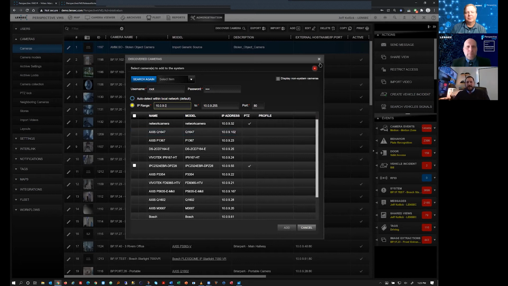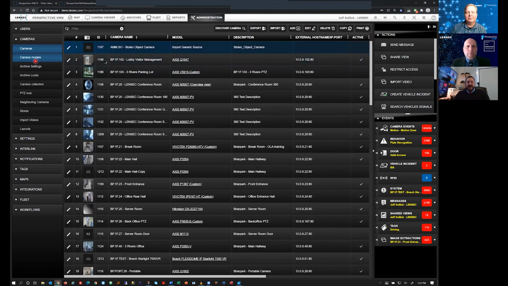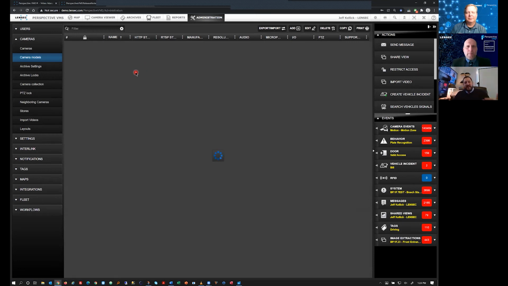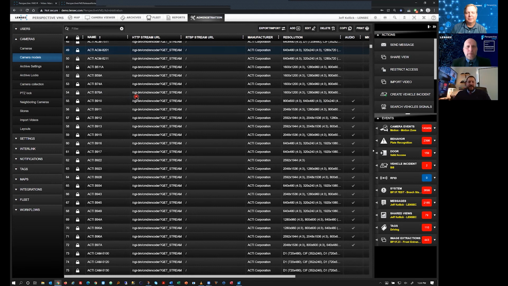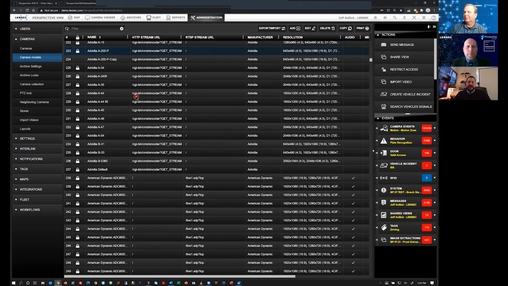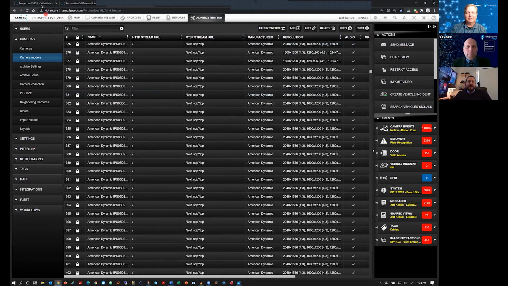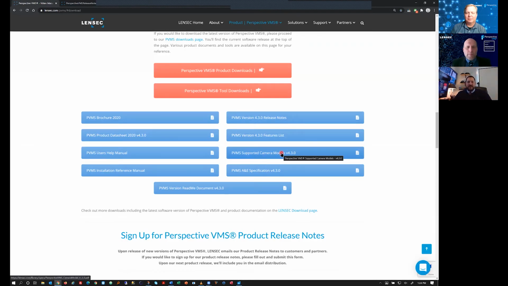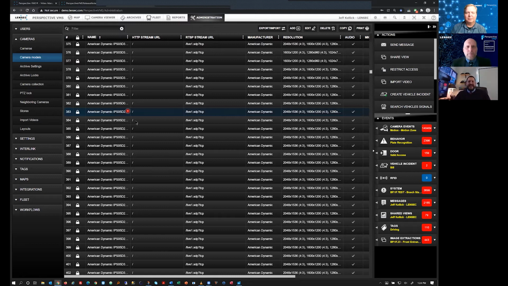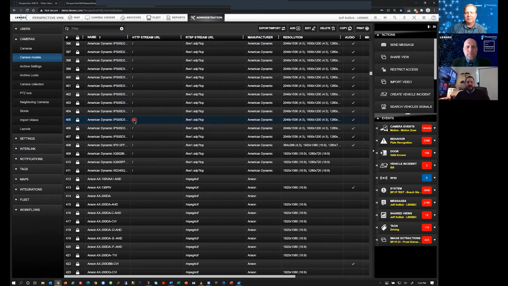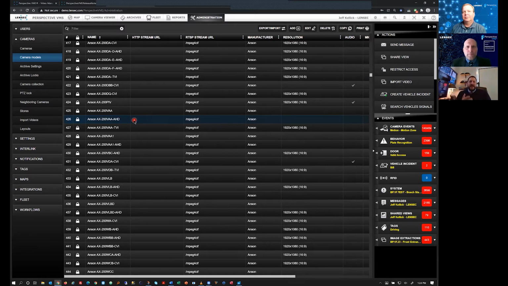Makes sense. Yeah, and then when we're talking about the different types of camera model support, every single version, we increase the number of individual models that are supported within Perspective VMS, and we have a full cameras list out here on our webpage. You can see there's a full camera models list that lists all of those models there. But not only supporting the models, but supporting some of the advanced features from the models. And in this version in particular, I think a very important one we mentioned earlier is the ONVIF event listener, being able to pull in events from a camera based on if they're supporting that protocol, that standard, as well as we've added some individual specific items